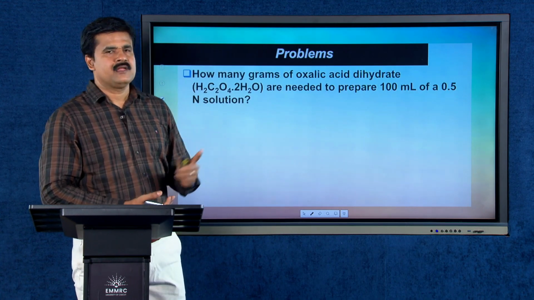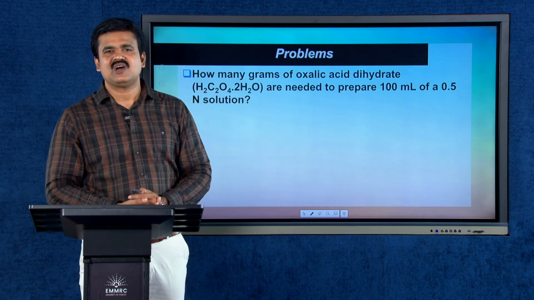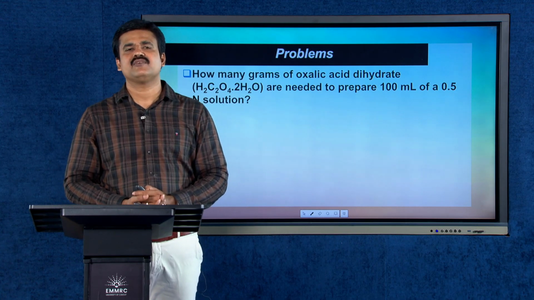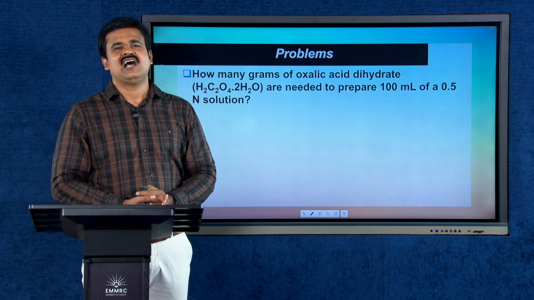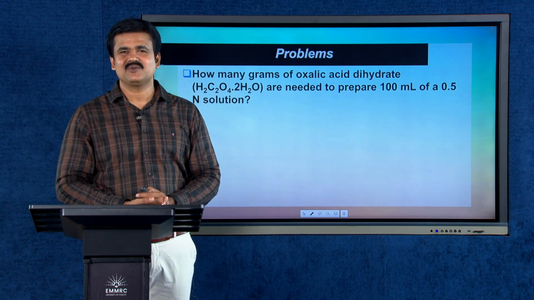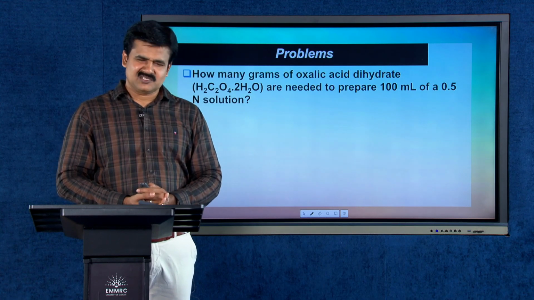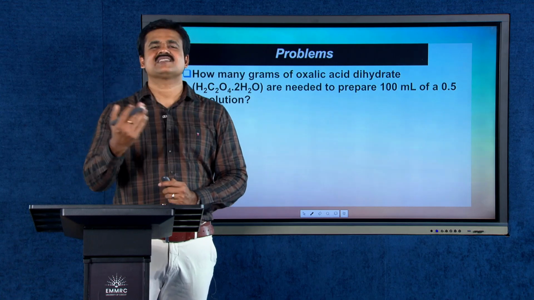First of all, how many grams of oxalic acid dihydrate, that is H2C2O4·2H2O, are needed to prepare 100 ml of a 0.5 normal solution? As far as volumetric analysis is concerned, weight calculation is very, very important. You can calculate the weight of the substance required to prepare a solution of a fixed concentration